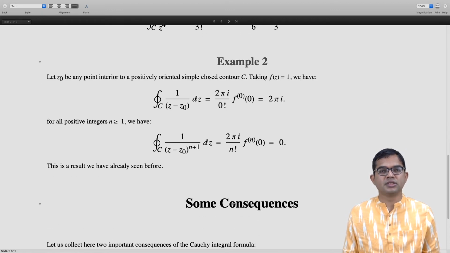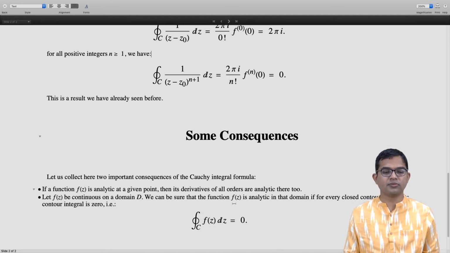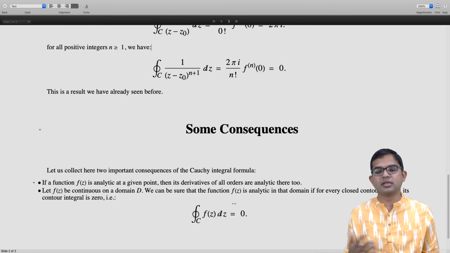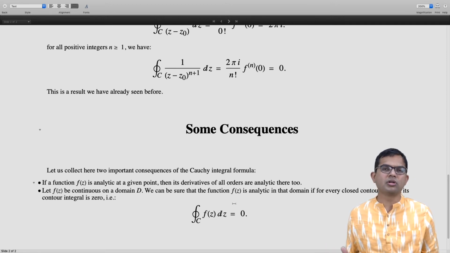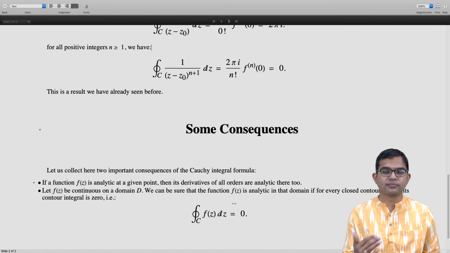consequences which immediately come from this Cauchy integral formula for the derivatives. So let's just collect them here. If you have a function f of z which is analytic at a given point, then all its derivatives of all orders are also analytic, right? So this is something that I already mentioned, right? So this comes from the fact that you have